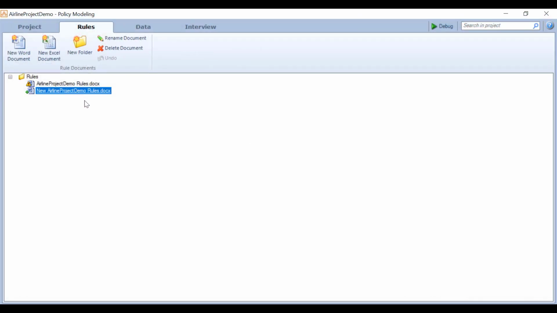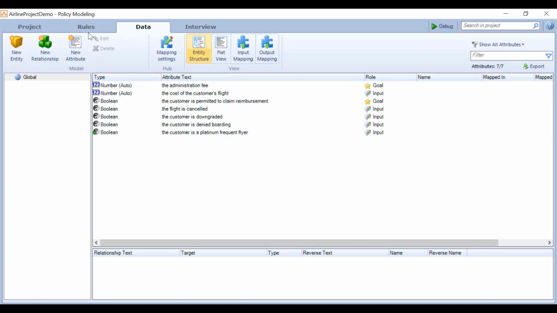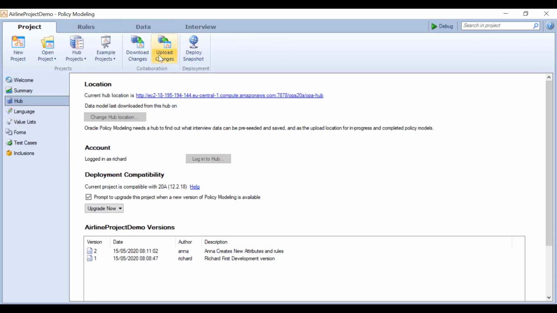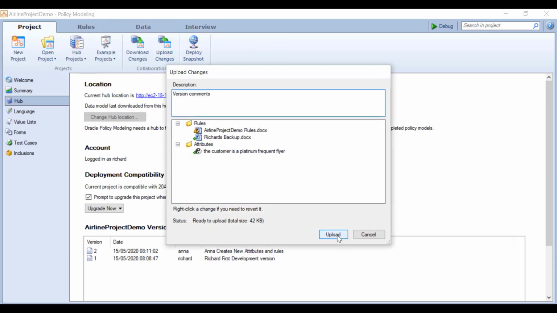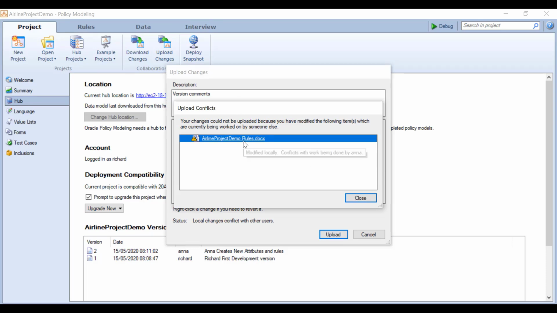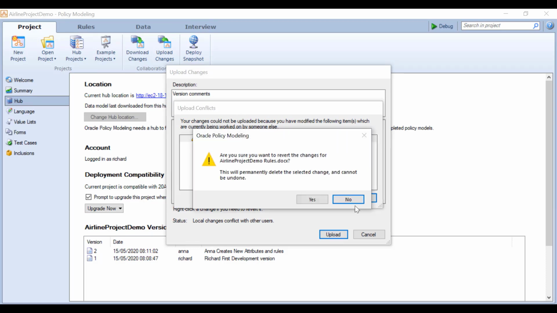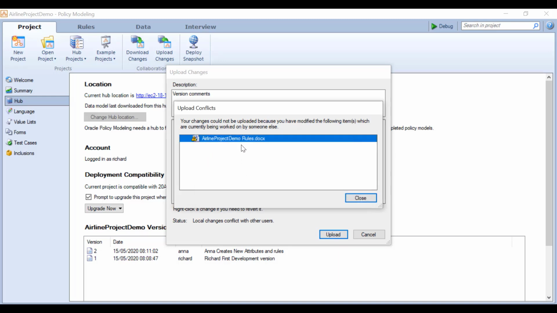And Richard has to go through the process of, let's call this Richard's backup. Richard can now safely go to the project tab, attempt an upload, revert the modifications. You'll notice that when I right-clicked, it said revert the modifications or steal ownership from Anna, which essentially allows Richard